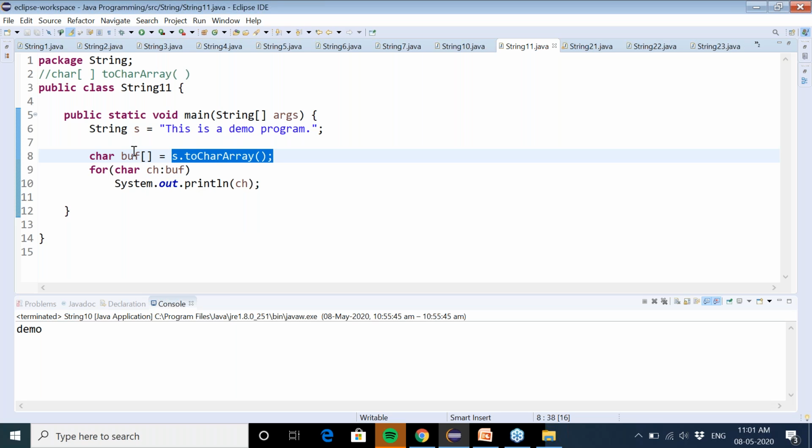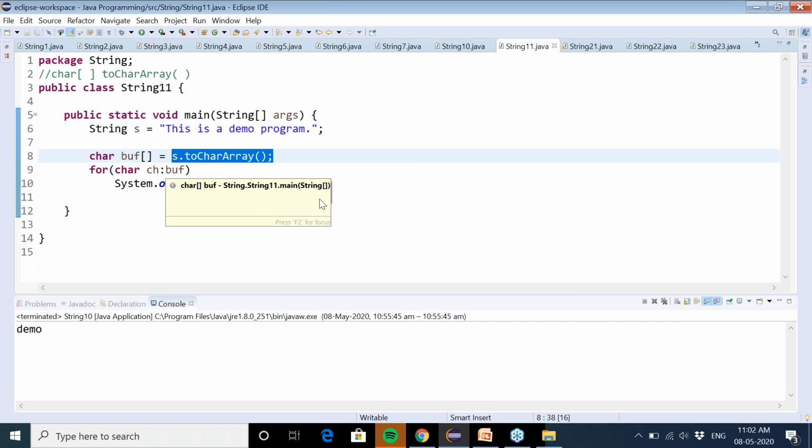For that we are using a for each loop. As we discussed earlier, in this case ch will take one value at a time from the buff character array. First it will get t from the buff and that t will get printed. With the next iteration the ch variable will take the value h, then h will get printed, and so on. If I change the string to just program, your program will now print character by character all the elements of the string.